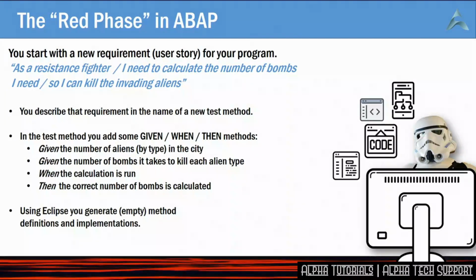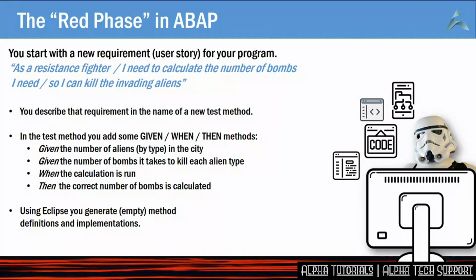In that test method definition, you have the acceptance criteria, which is the given, when, then structure. The given sets up one or more pieces of data which are going to be used during the test. The when part is a call to the production code being tested. And the then part is a so-called assertion to prove that the code actually does what is required.